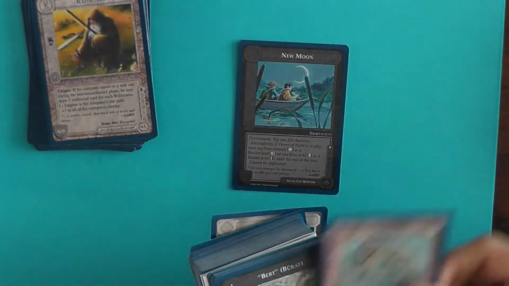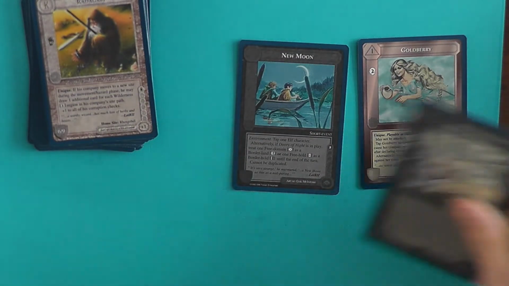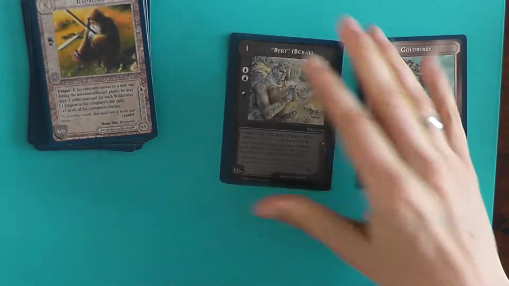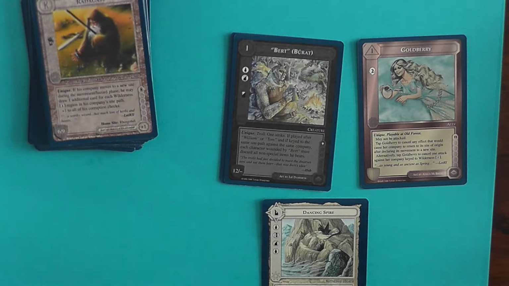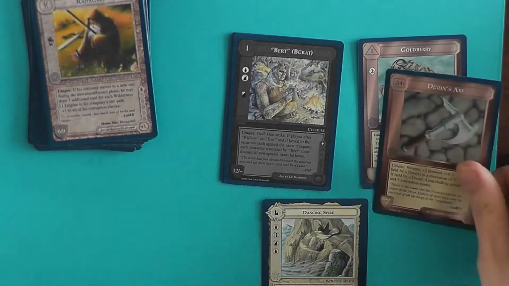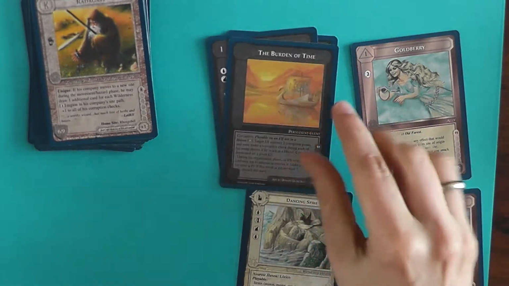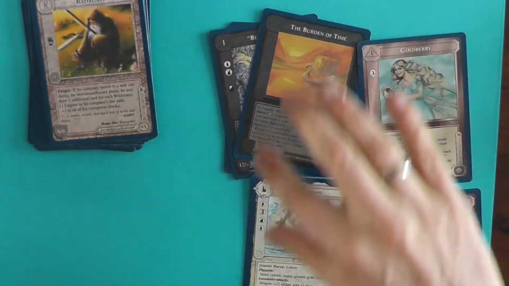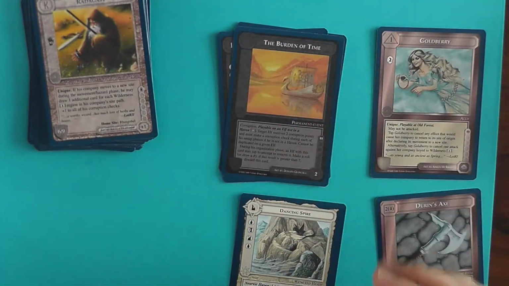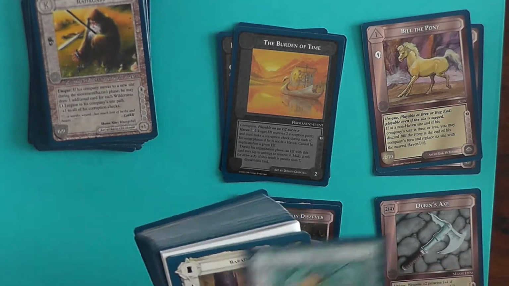New Moon, Goldberry, very nice. I think I've only got her twice. Bert, very nice. I like him because it's nice to have all of the trolls. Dancing Spire, Durin's Axe, The Burden of Time. I just love the art on this one, The Burden of Time. You really should all read the Silmarillion to understand what this is about. Build a Pony, Blue Mountain Dwarves, Unborn,